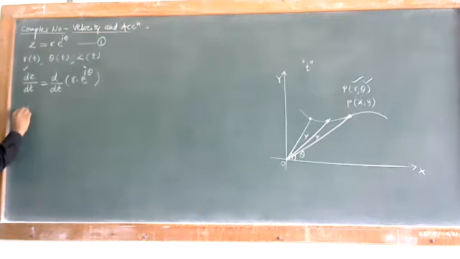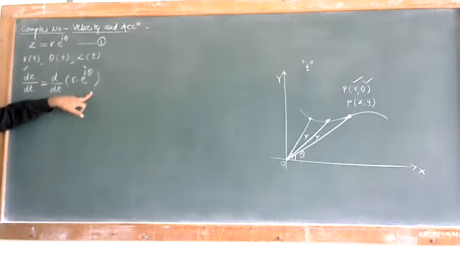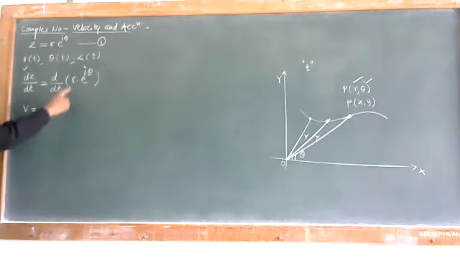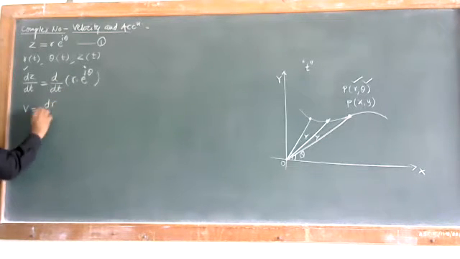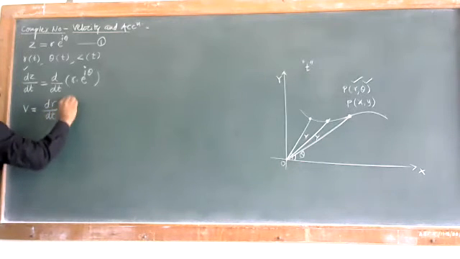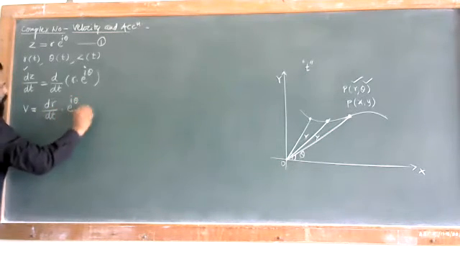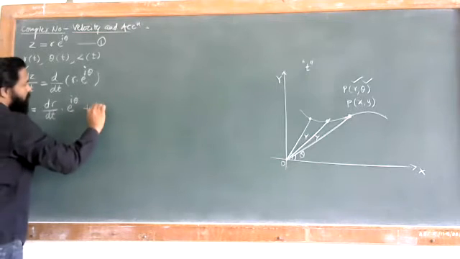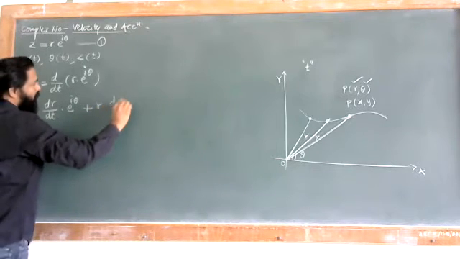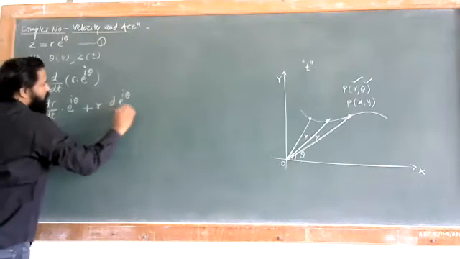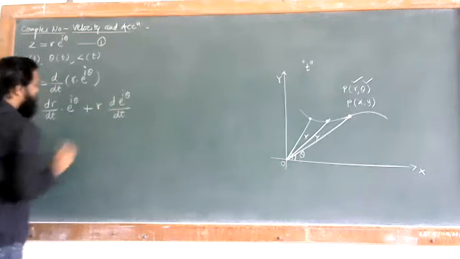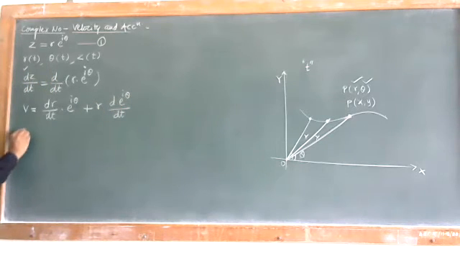So I can represent it as v, and that is equal to दोन टर्म्स आहेत. तुम्हाला डेरिव्हेटिव्हचे रूल्स माहिती आहेत, u into v. फर्स्ट टर्मचा डेरिव्हेटिव्ह, so I can say derivative of the first term, that is nothing but dr by dt. Second term as it is, that is nothing but e raised to i theta plus the first term as it is into the derivative of the second term. Okay, so we'll have this, and I can write this as v is equal to this dr by dt.